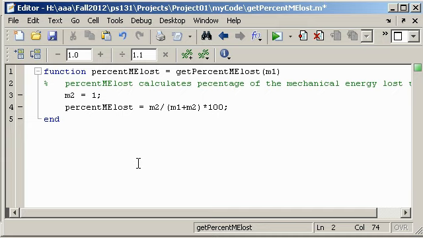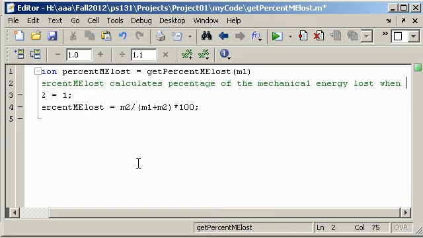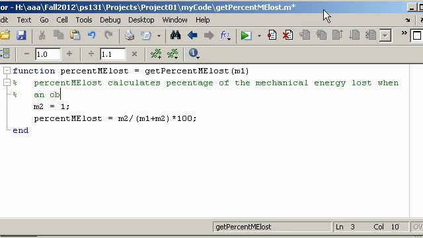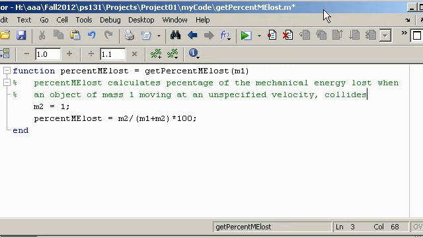So when an object of mass 1 moving at an unspecified velocity, because it just doesn't matter, collides inelastically